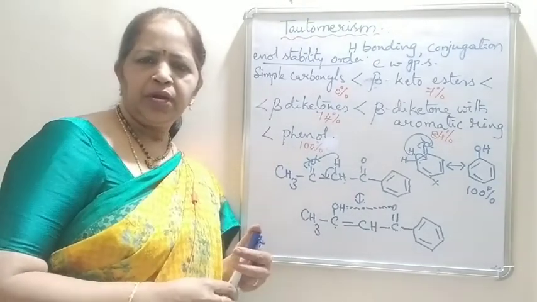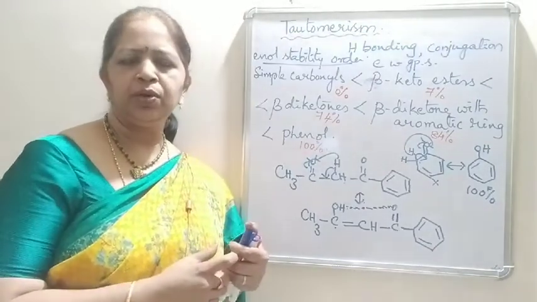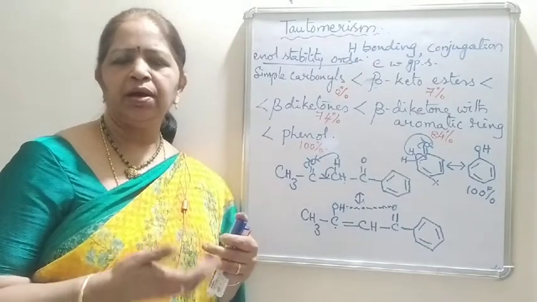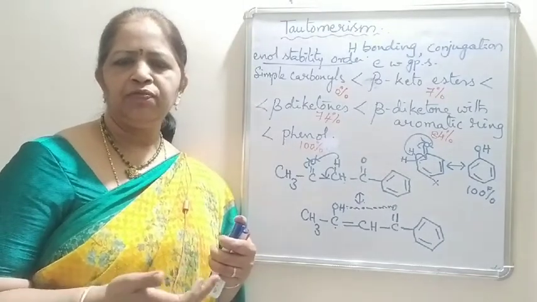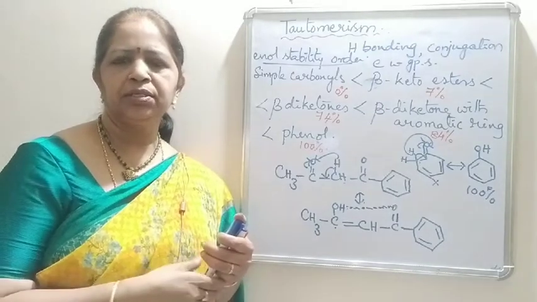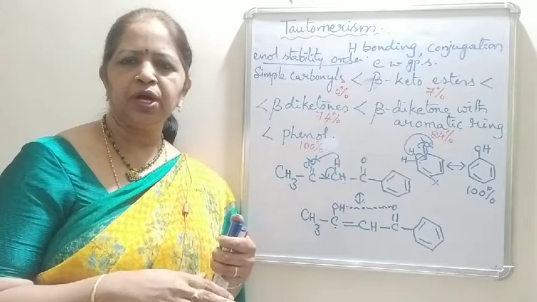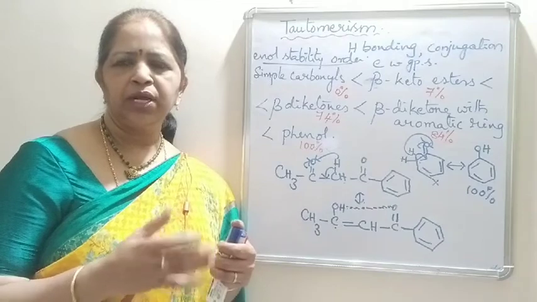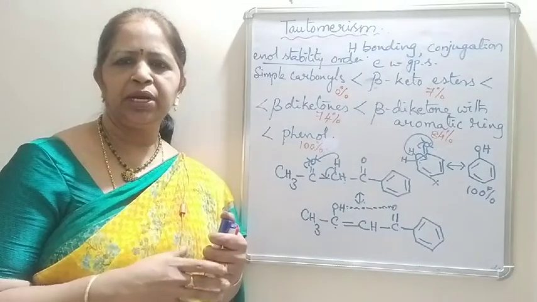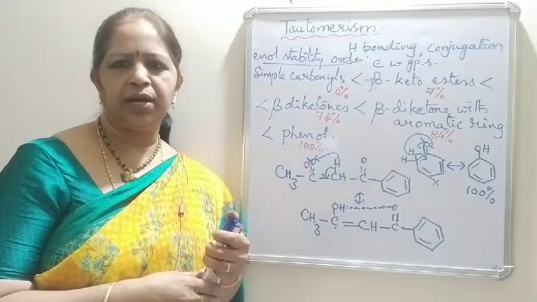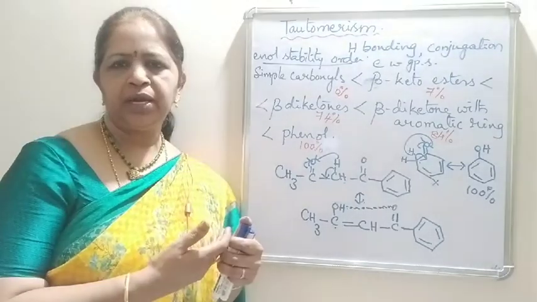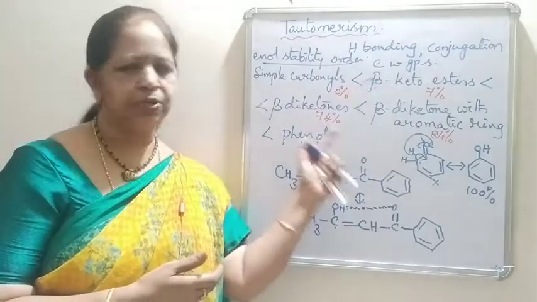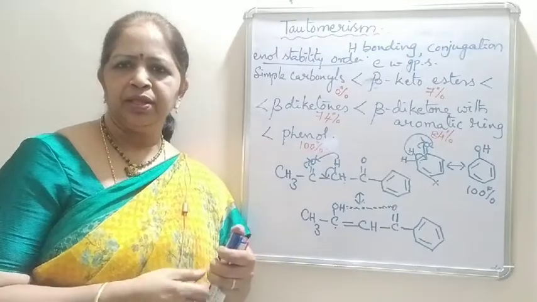I hope you understand the points explained in this video. You will be getting questions and they will give you a structure or a formula. You need to know which factors will influence. They will ask you to write the order of stability of keto forms or enol forms. In that case, you have to know what are the different factors which influence the stability of enol forms. Then only you can write. In this video, I have explained all the factors which influence the stability of enol forms in different types of compounds. Okay students, thank you for watching.